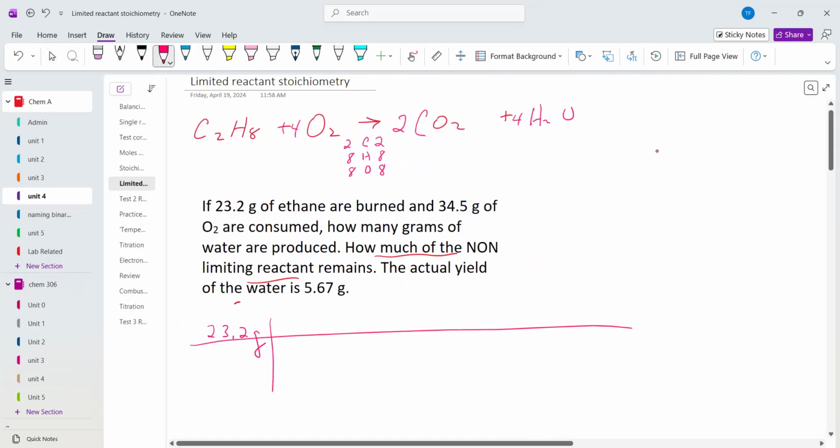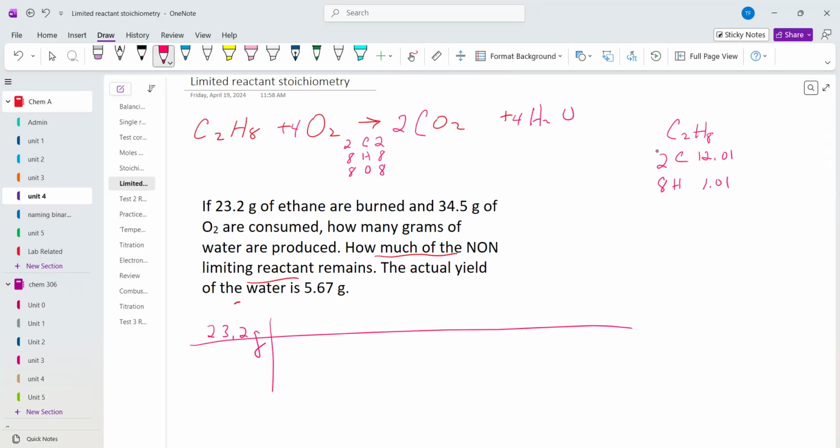So that's, okay, so we've got 2 carbons at 12.01 apiece. So that's, 8 hydrogens at 1.01. Okay, so that's